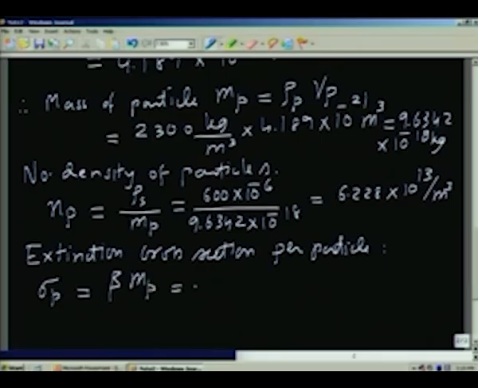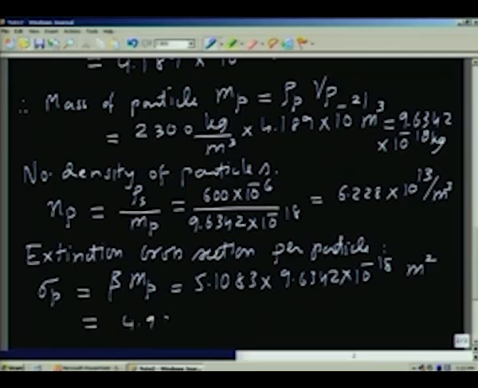So, you see that you will get 5.1083 multiplied by the mass of each particle, we already have 9.6342 into 10 to the power of minus 18. This will be in meter squared per particle. So, per particle I do not have to mention. On a per particle basis, it gives you 4.92 into 10 to the power of minus 17